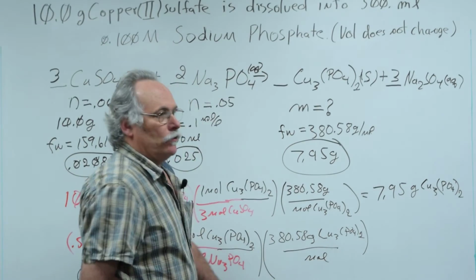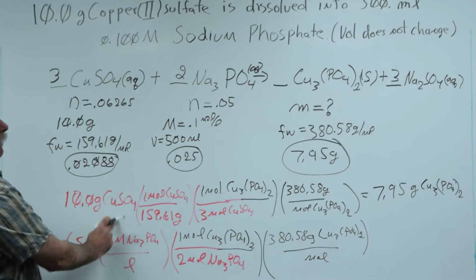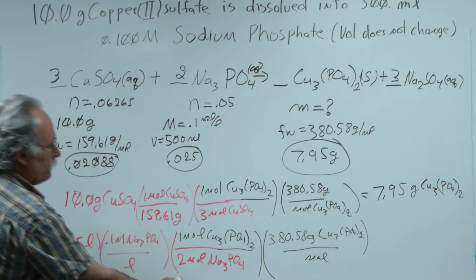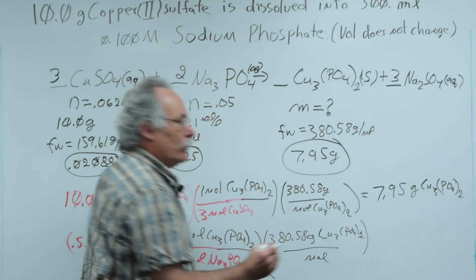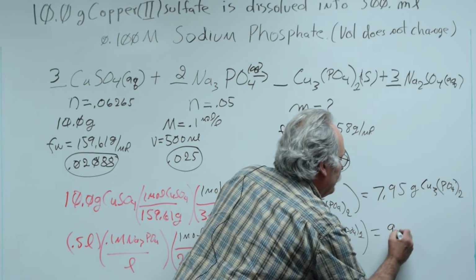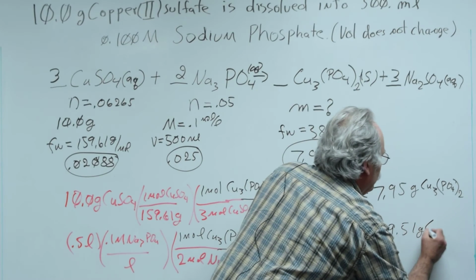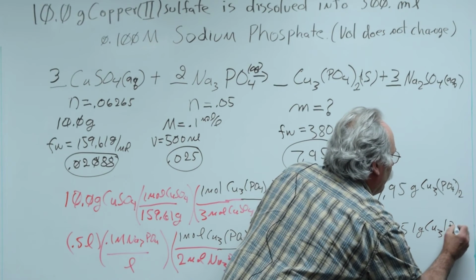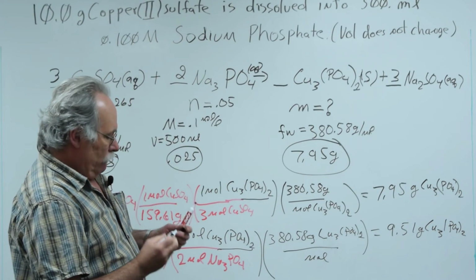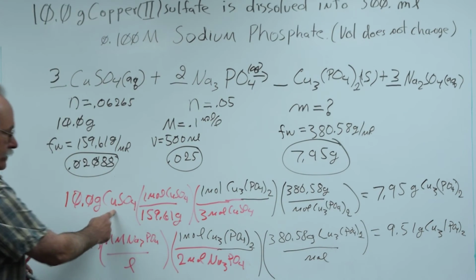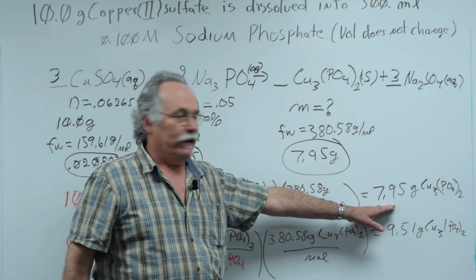And if I had multiplied this out, 0.5 times 0.1 is 0.05, divided by 2 is 0.025, multiplying by its molar mass would be 9.51 grams of Cu3(PO4)2. Now, obviously, we run out of this reagent first, and so we can only make 7.95 grams